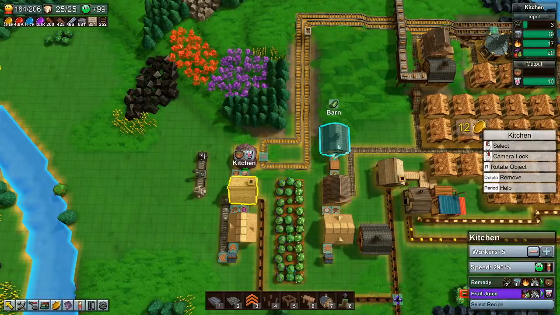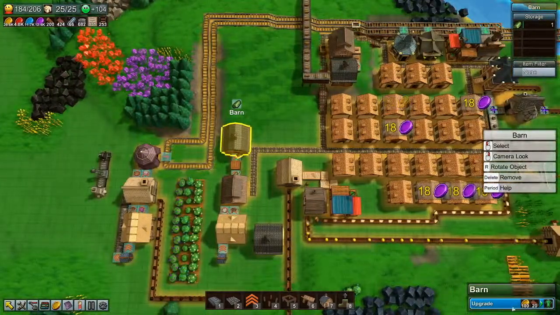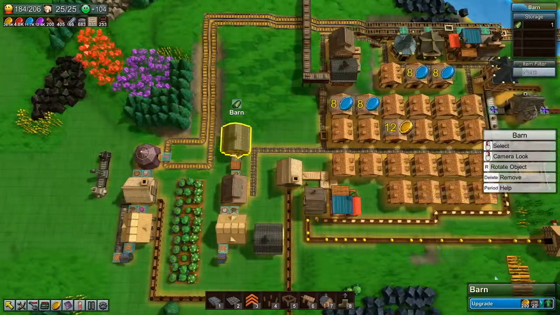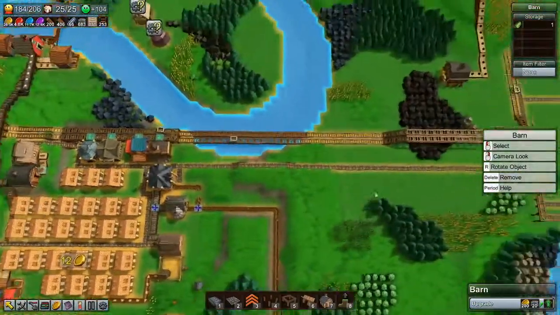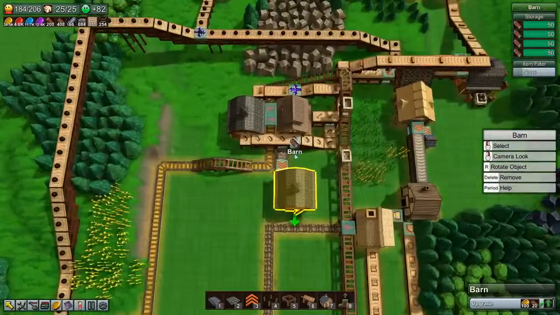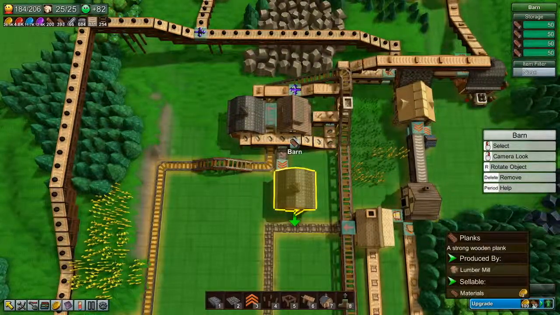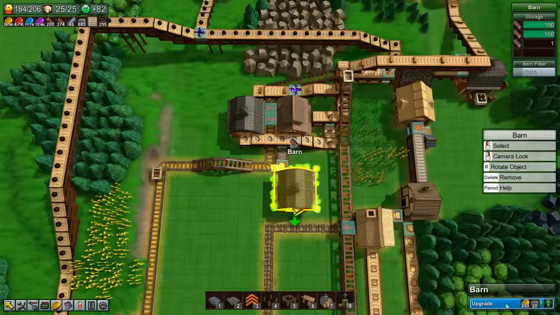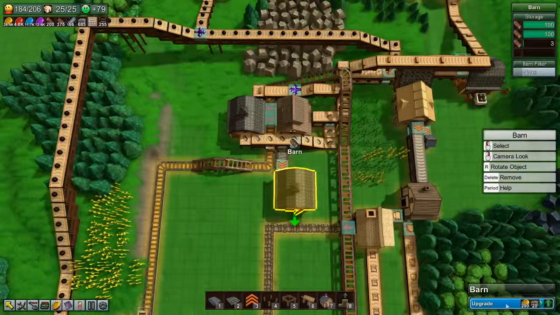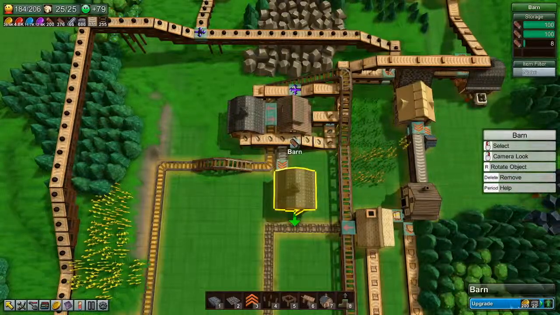And yeah, I can't do anything in there. Oh, that's one thing as well. In a recent update, we can now upgrade barns. Not quite sure what bonuses that gives us. Have we got a barn that's full somewhere? Okay, let's upgrade this barn, see what happens. So it takes 100 yellow coins, 20 planks, and it doubles the storage. If I do it again, it takes 200 yellow coins and 20 stone brick,